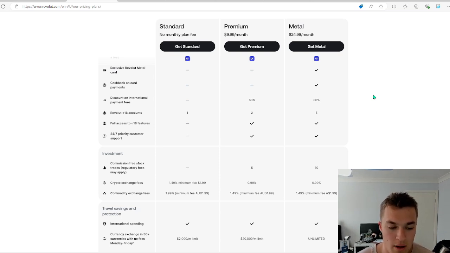So I think it's very specific. If you're going to use this, maybe you're very new to crypto and you just want to sort of dabble, perhaps I could see doing that. But ultimately, I think if you're going to be trading and investing, just go through a trading and investing exchange or broker or something like that. Don't be going through Revolut at the end of the day.